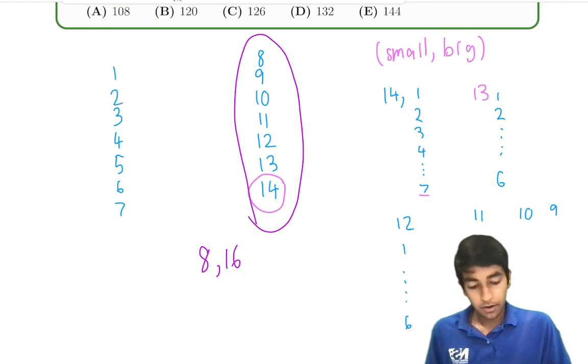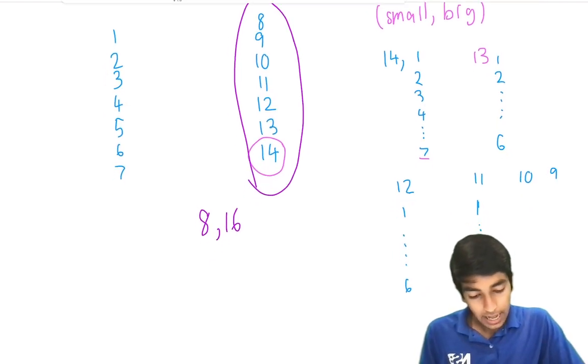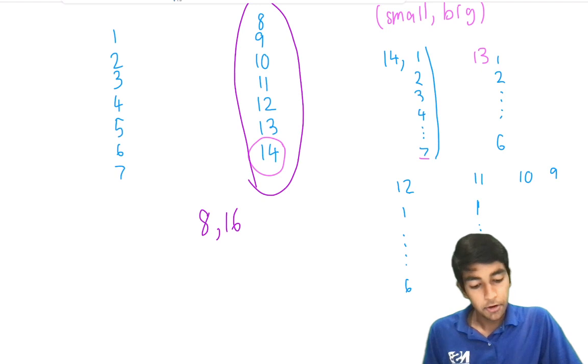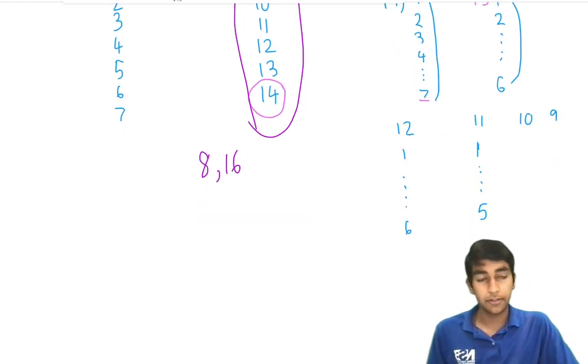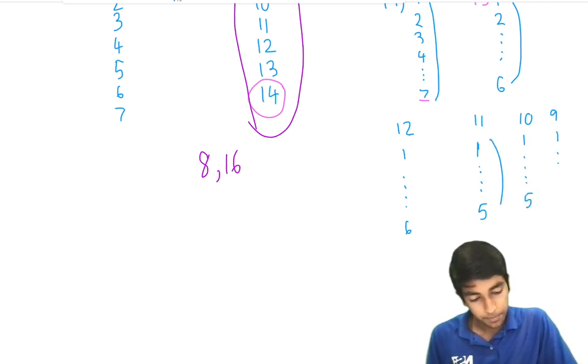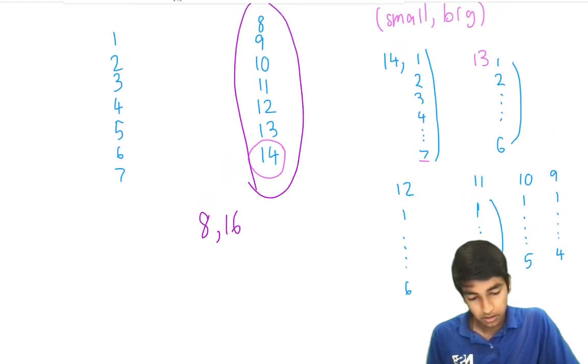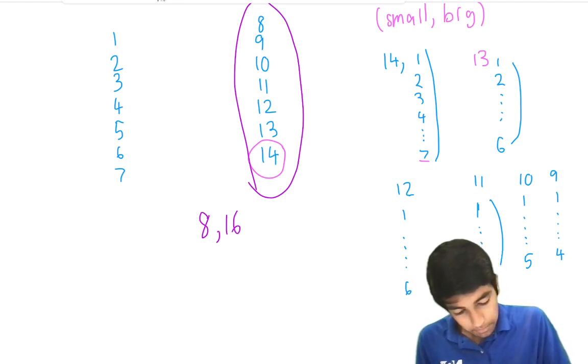So let's consider all the possible pair options like we did here. 14 has to be with something from 1 to 7. 13 has to be with something from 1 to 6. 12 has to be with something from 1 to 6. 11, 1 to 5. 10, 1 to 5. And 9, 1 to 4. So look here, out of all these possibilities,